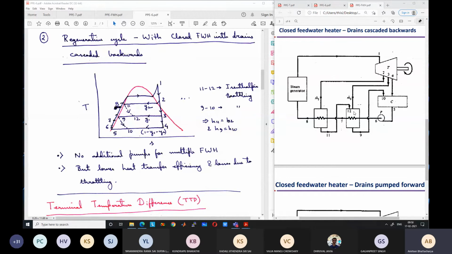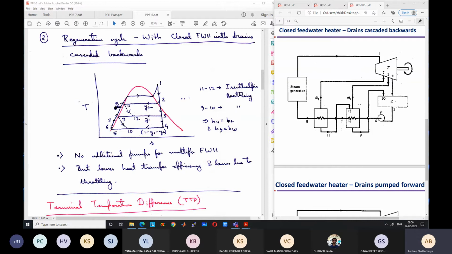At different locations, obviously. We are not going into the exact details of the shell. So the mass flow rate in the shell is equal to Y1 plus Y2, and it goes out through this pipe. The pipe carries a mass flow rate of Y1 plus Y2. So the mass flow rate in this pipe is different as compared to the previous pipe. This gets mixed with the mass flow rate of 1 minus Y1 plus Y2. So from the condenser, the pipe carries mass flow rate equal to 1, meaning per unit mass flow rate, it is 1.